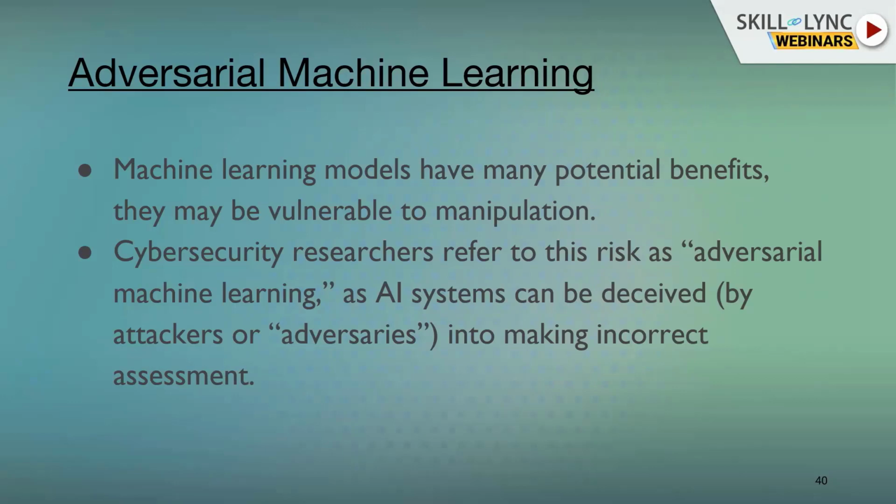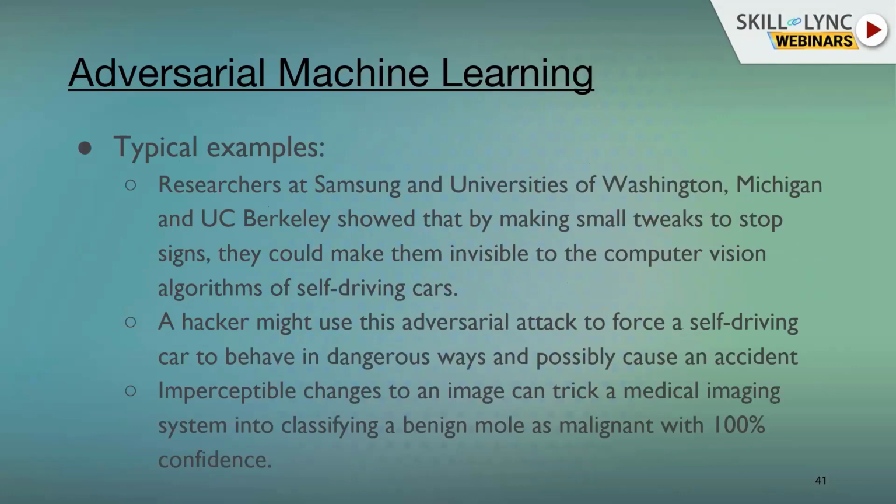The model could be running on some very classified data, and when the data subjected to it is something that it has not seen before, it is a typical scenario where the model is going to fail and interpret in a different way. And if they send out more payloads like this to the model, the model is going to literally fail and not perform as it has to. So this is something from the adversarial machine learning side. These are typical examples that have actually been tested.